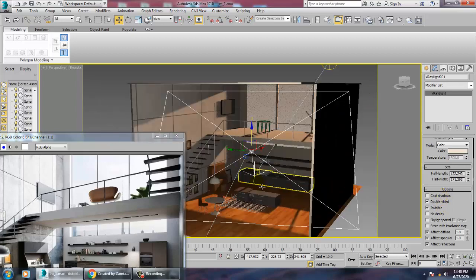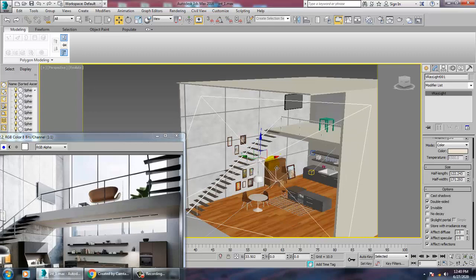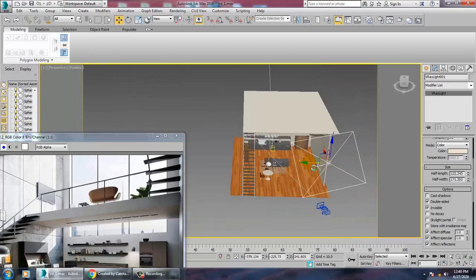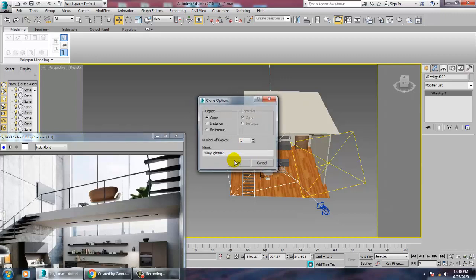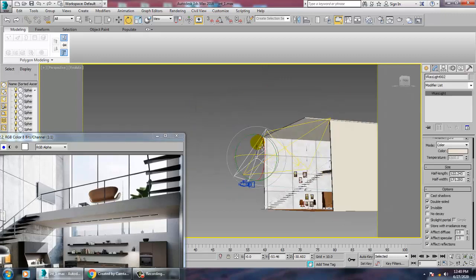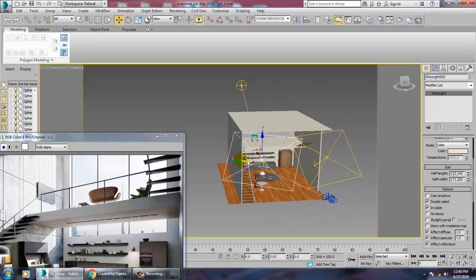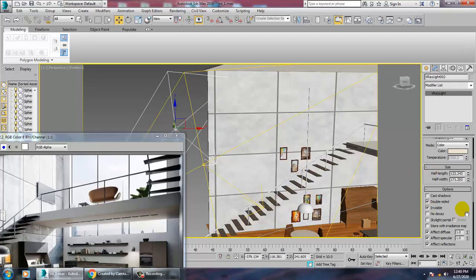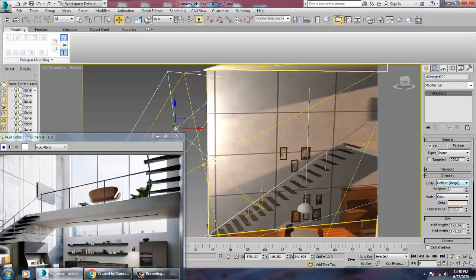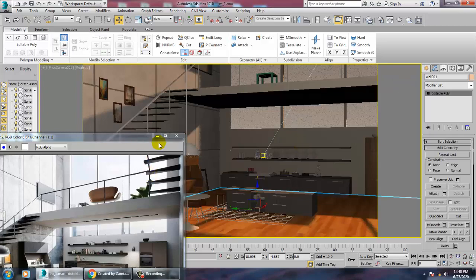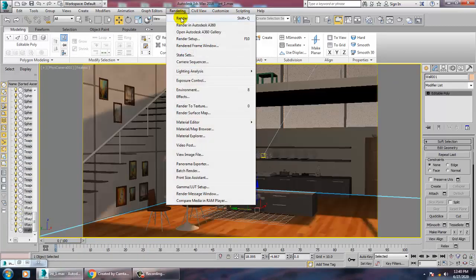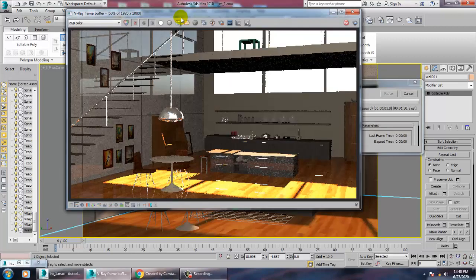So we are going to assign one light from this direction, and also emit one light from this direction, but its intensity will be very less. We'll reduce the intensity of this light to 0.5, go back to the camera view, and render to see how it looks. Now you can see that the light which is emitting is very high. We can just reduce that particular light.